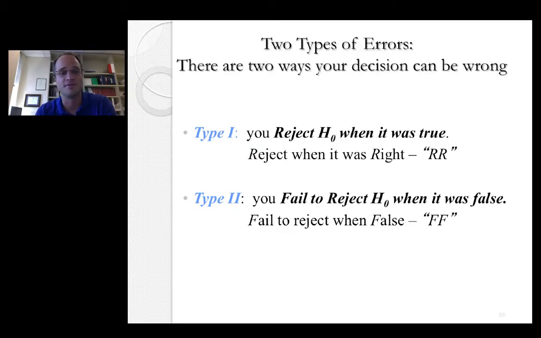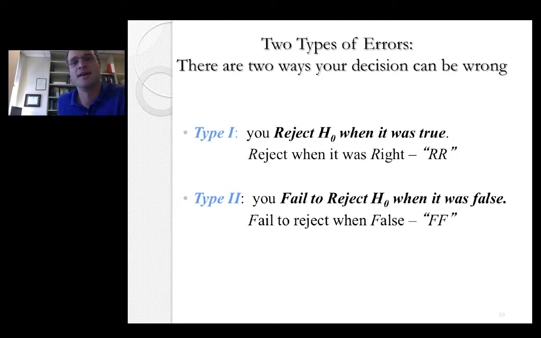Now, if there are two types of decisions you can make, it follows that there are going to be two types of errors. All right, there are two ways that your decision can be wrong. Well, that's the case ex ante. Now, ex post, there's only one way. You're either correct or you're wrong. But before you conclude your hypothesis test, before you draw your data, before anything, you know that there are two